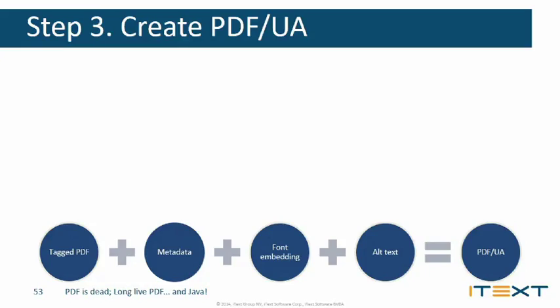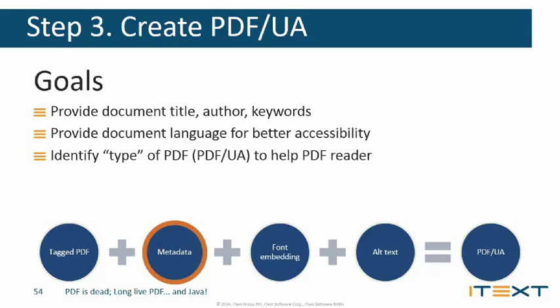So tagging is already a big improvement over the simple PDF case, but let's take it a step further and go to actual universal accessibility, so PDF UA, building on top of the tagged PDF case. So first thing we have to add is a lot of metadata. Metadata is descriptive information about the document, not the content itself. And one of the requirements is that we have to add all kinds of information about the title, the author. We have to add keywords, which helps with indexing and search capabilities, for example.